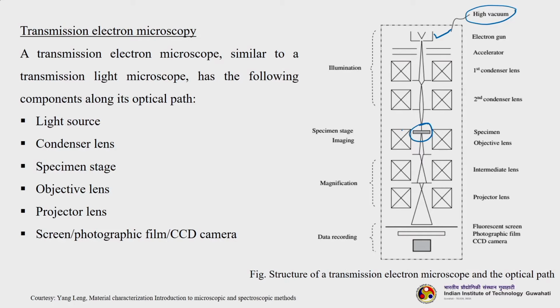Your membrane material or any polymer passes through the objective lens, and then there are intermediate lenses and projector lenses, which finally project the image to the screen. The intermediate lens and projector lens help in magnifying the rays or image produced due to the secondary scattered electrons through the specimen. The basic difference between SEM and TEM, we will discuss SEM later on, is that in TEM the electrons pass through the membrane, whereas in SEM it is just scanning across the top of the surface.